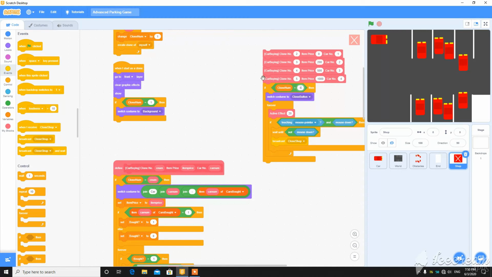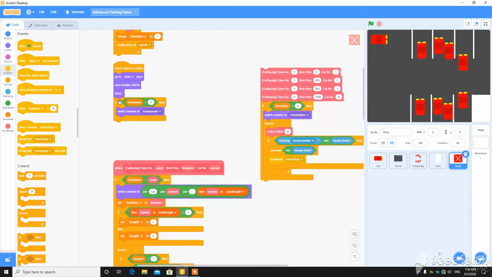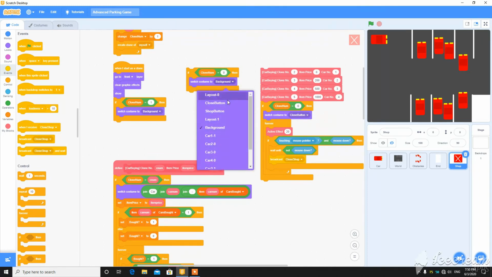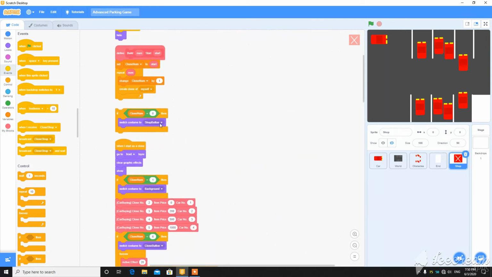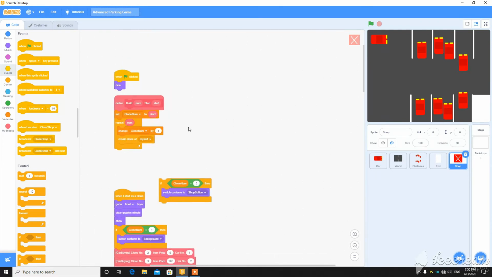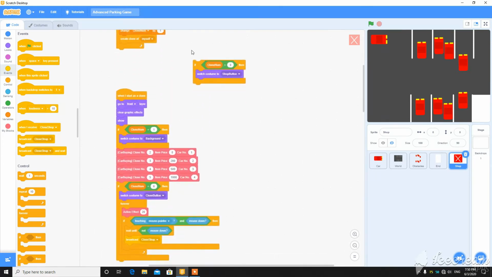So this will be good, and we have to set it to the last clone number. So let's set it to 6, and then we want this clone number 0. This will be a good one. Set it to the shop button, and we don't have to change these things as we are starting from 0 and it won't count this one.